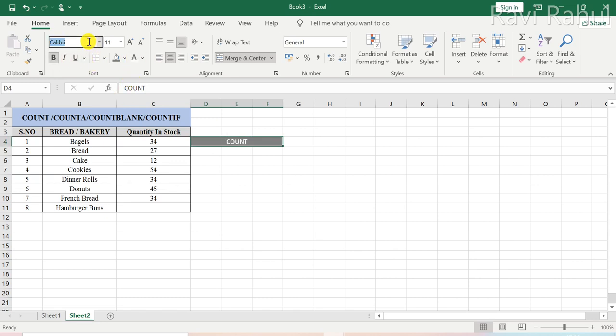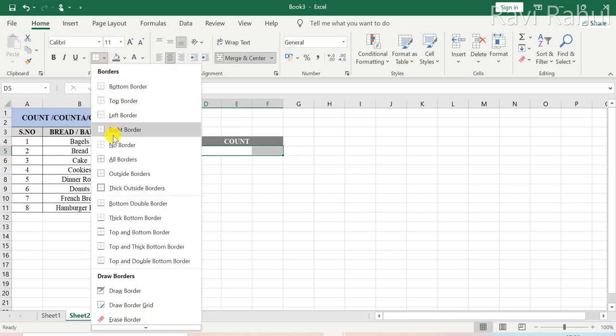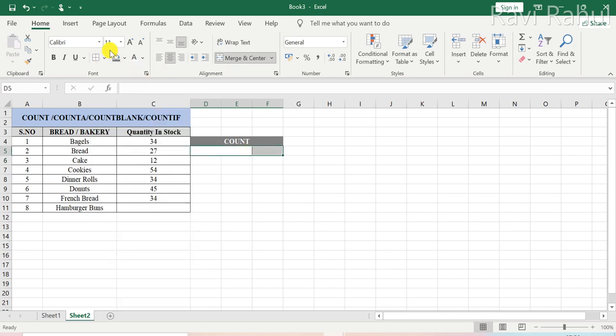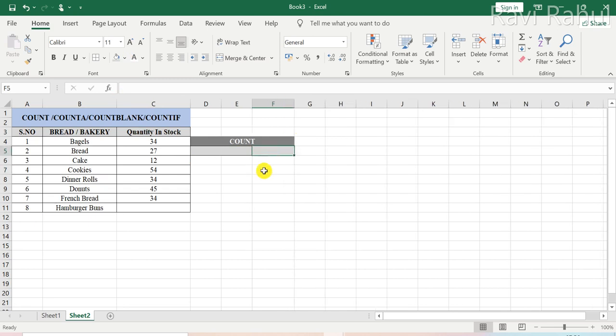I will insert the product's name in this cell and get the total number of items present in the shop in this cell.